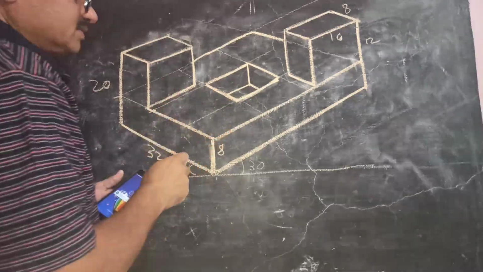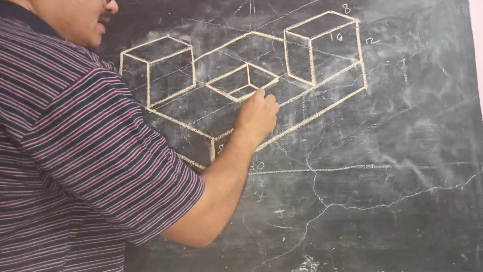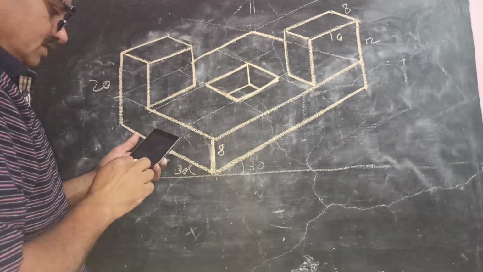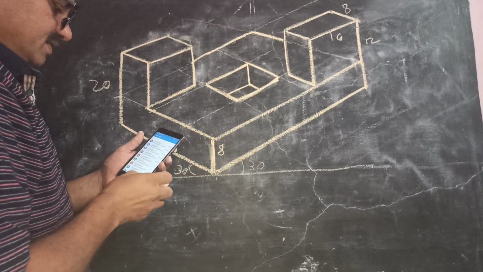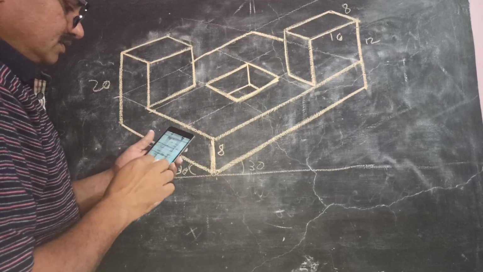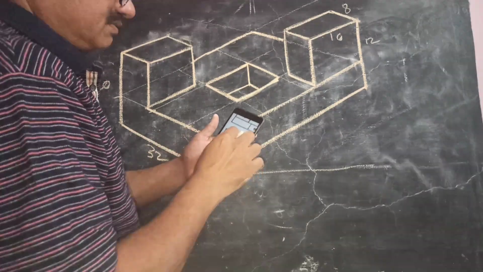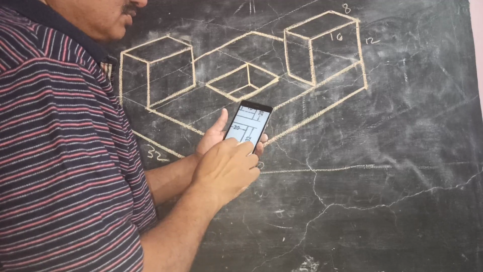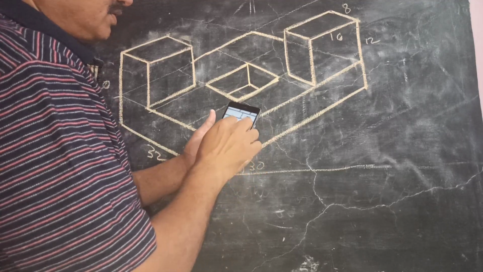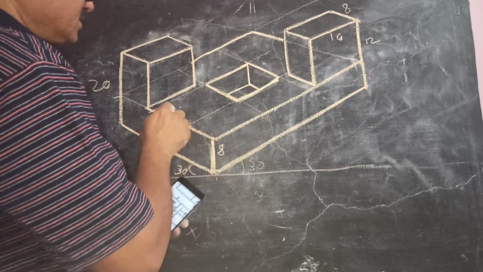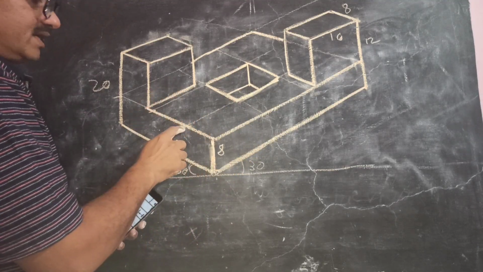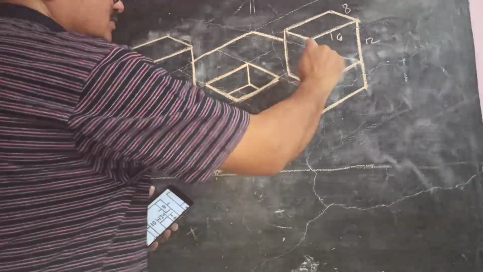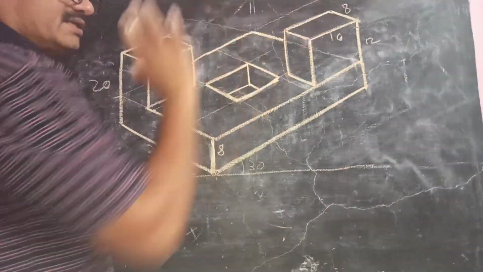How to locate this? It is 10 mm from this side. It is given in the problem, and it is having the width of 12. The width is given as 12. So 10 plus 12 is 22. The total width is 32. It must be from this side also, it must be 10. So from here 10, from this corner again 10. Draw the lines parallel to this line, front lines.